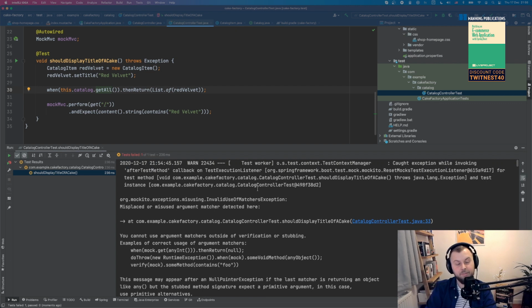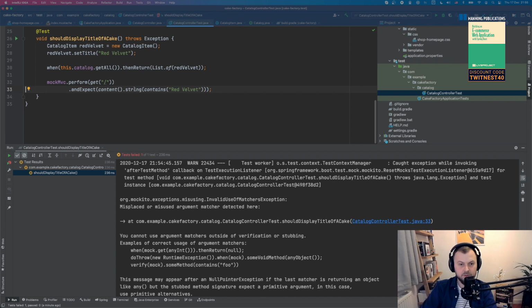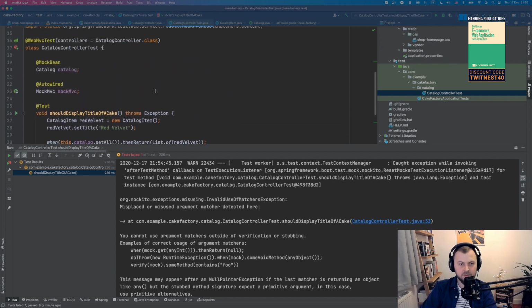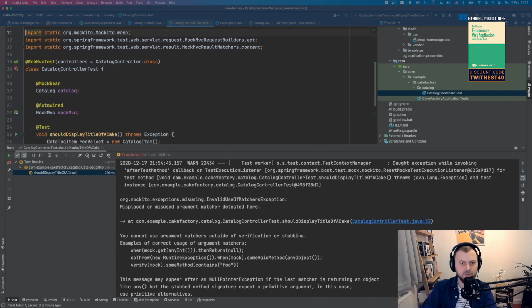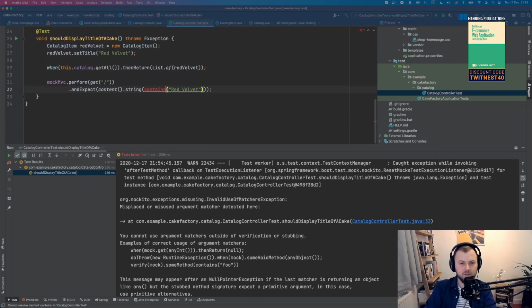Yeah, so what I'm saying is basically when you run the test, because nothing is rendered yet, it's going to fail, but now it's actually failing even before that. And it's unhappy about using this contains. That's really weird. Yeah, because it's absolutely not the right contains. Contains string.